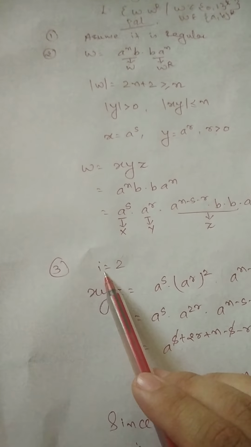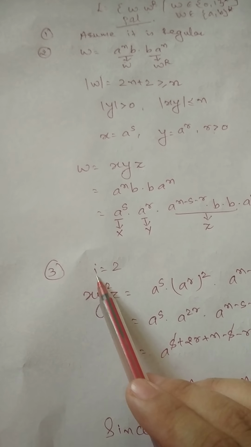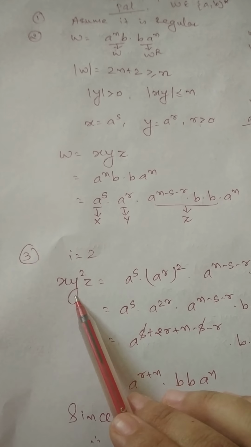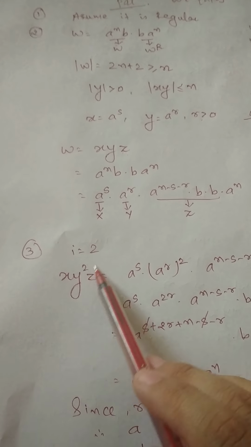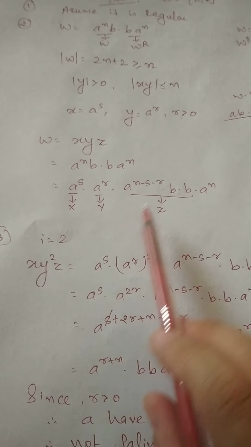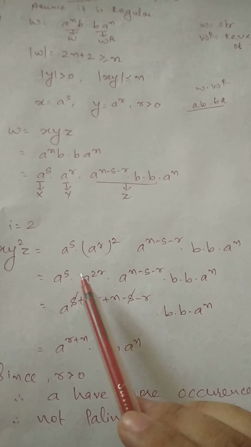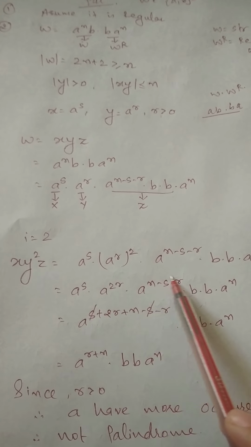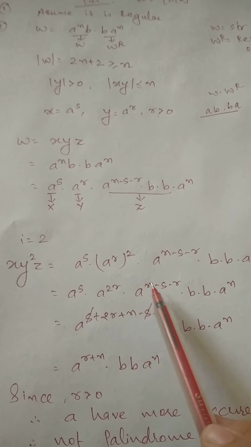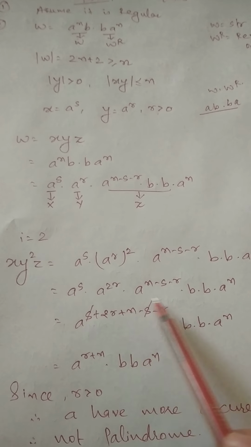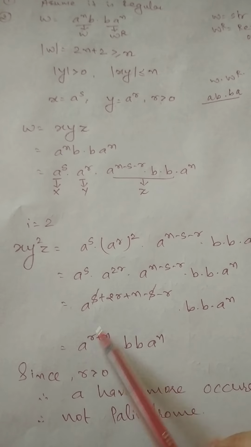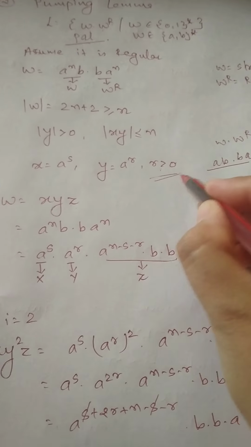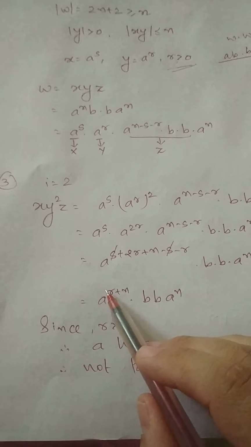Now the third step, we have to take a value of i, suppose here we are taking 2. So again x, y squared, z. x will be a raised to s, y will be a raised to r, squared, and z is the remaining string as it is. Just do the simplification: r squared means 2r. Again the base is the same, so we do the addition and subtraction of powers: s plus 2r plus n minus s minus r. Plus s and minus s cancel, 2r minus r will be r, and n remains. So here, since we have already declared r is greater than 0, that means r must